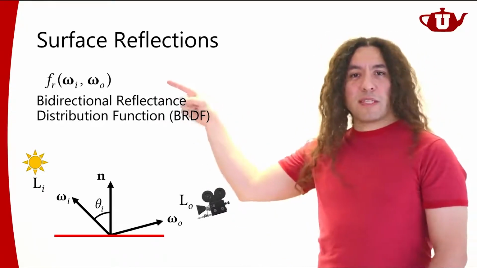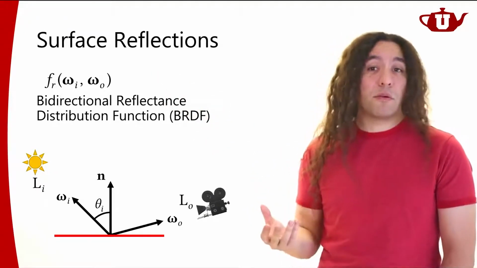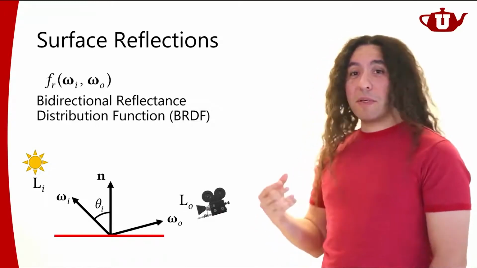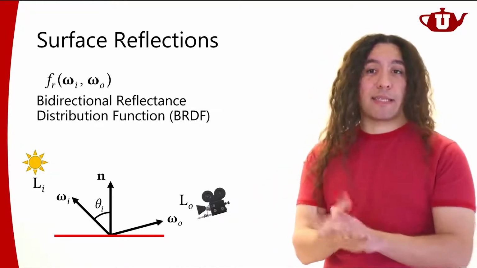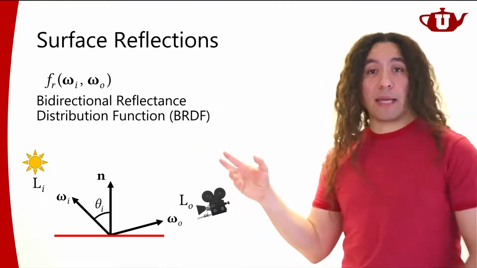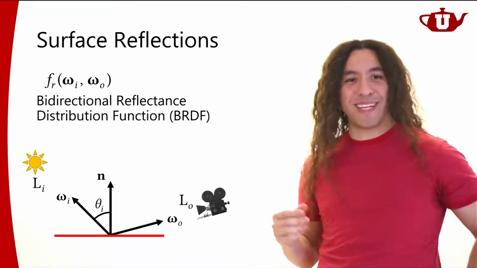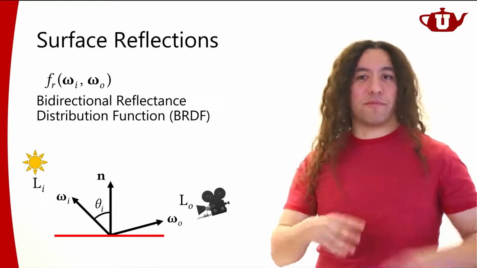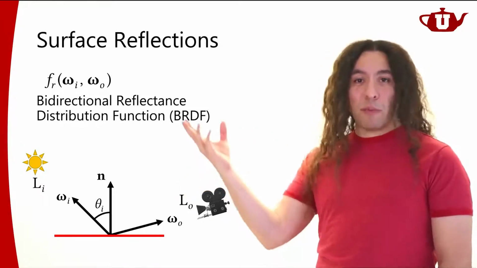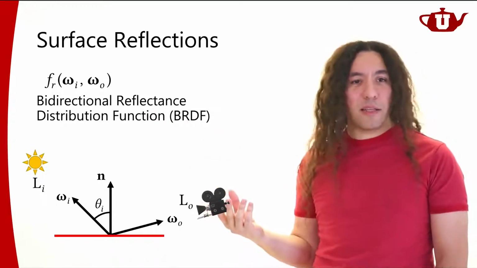Now, what is this function going to return? Is it going to return us some scalar value, some color value? What do you think? So it really depends on what exactly it is that we're doing with our renderer. In general, it can return a whole spectral value. It can return a light spectrum. And that tells you the reflectance of this material properly. But at the very least, we would probably expect this to return an RGB color value, right?